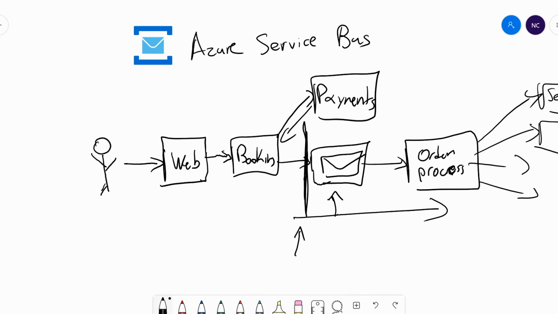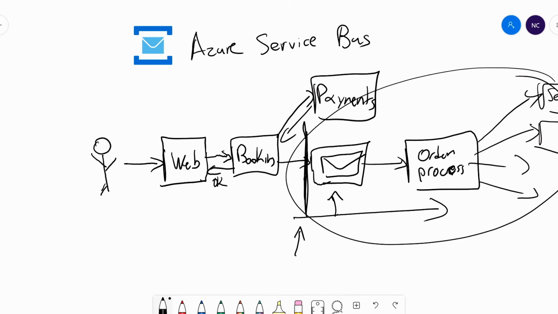Now, from a workflow standpoint, once the payment checks out, the booking API will return to the web an OK, saying, hey, we got it, we started the process. You usually see it as a confirmation, but it's not a concrete confirmation, it's just that we're working on it. What's happening in reality behind the scenes is this whole process here, the second part.